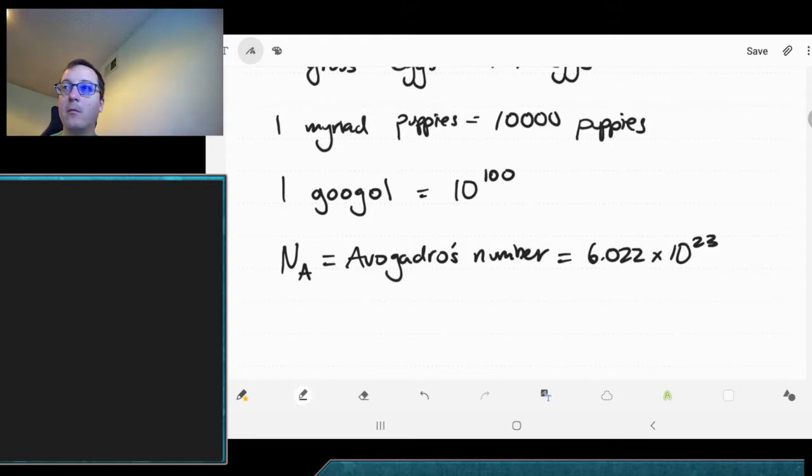So 1 mole of whatever is equal to Avogadro's number of that same thing. So of staplers, of students who pass chemistry, whatever. I mean, anything you can quantify, you can use a mole with it. Again, just a really big number, but it's an important one for us because